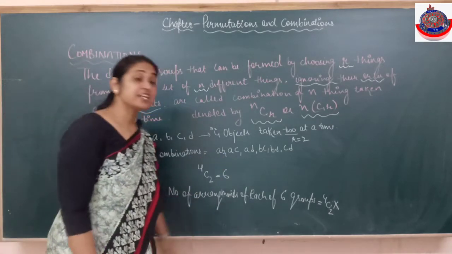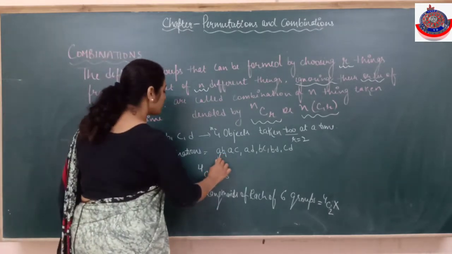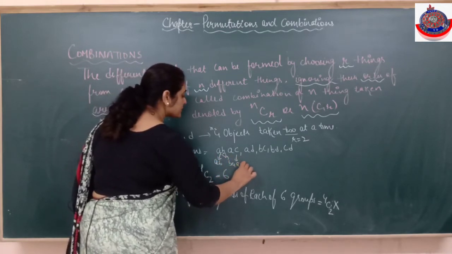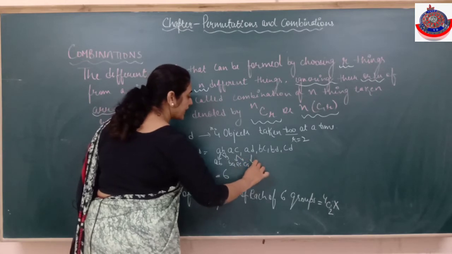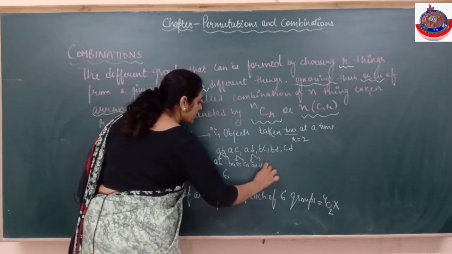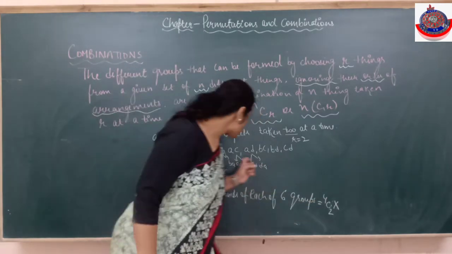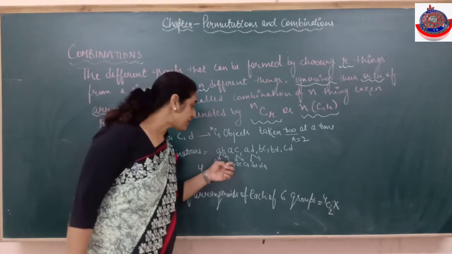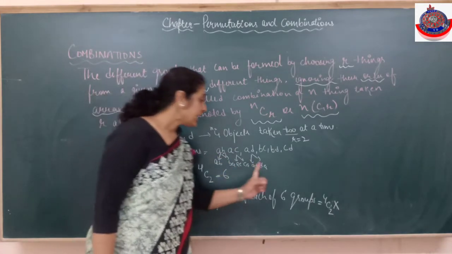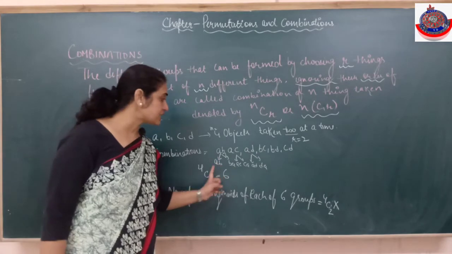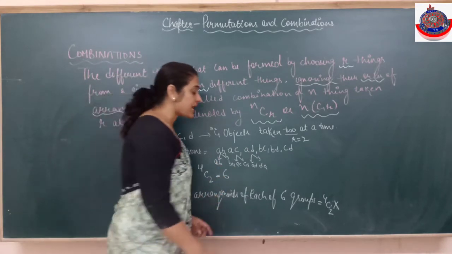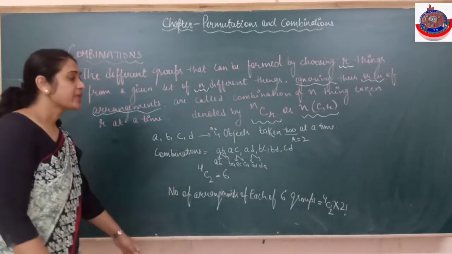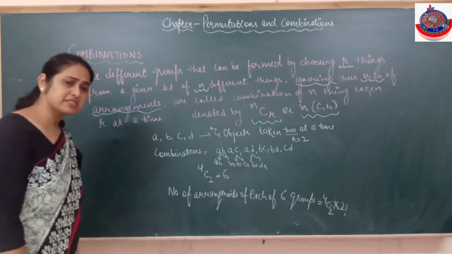Now in how many ways can these be arranged among themselves? Remember, AB can also be written as BA. Each group can be arranged in 2 ways. AB, BA. So each group can be arranged in 2 factorial ways. How many groups do I have? 4C2 groups. So 4C2 into 2 factorial is the number of arrangements. And the number of arrangements means a permutation.